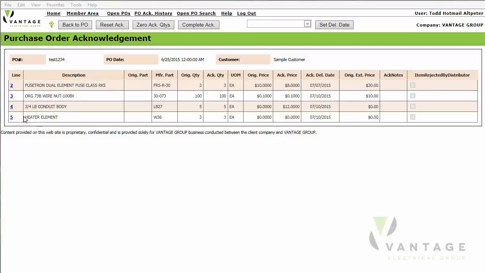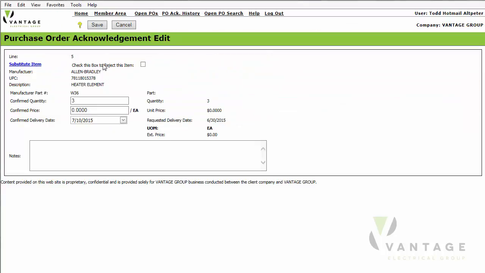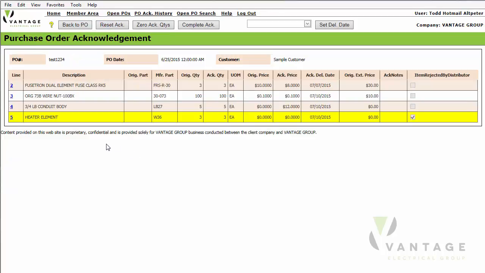Another feature that I can do on the acknowledgement screen is to reject an item. I've clicked on this particular Allen Bradley heater element, and let's say Allen Bradley isn't a brand that I carry, and there is no substitute that I can provide for it. I simply click the rejection box and hit Save. The item will be highlighted in yellow now, with the checkbox on the right letting you know that it has